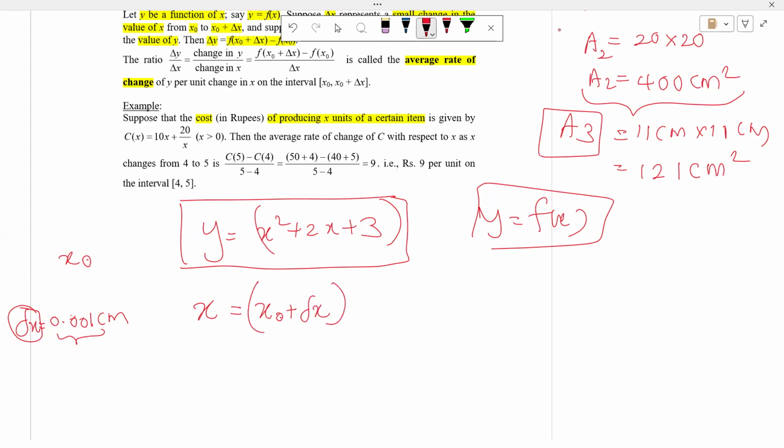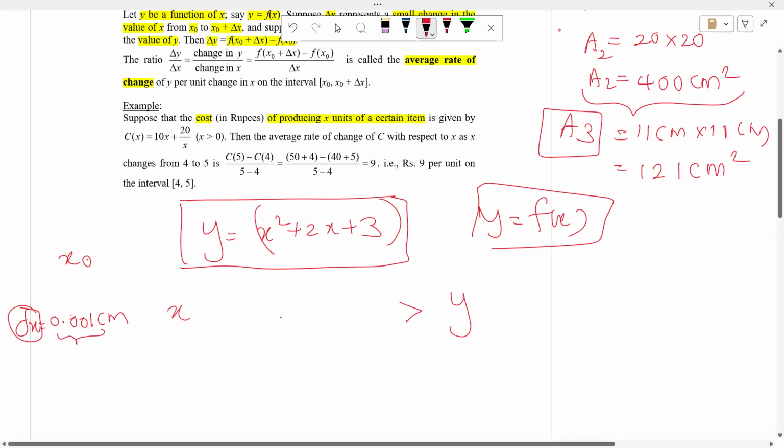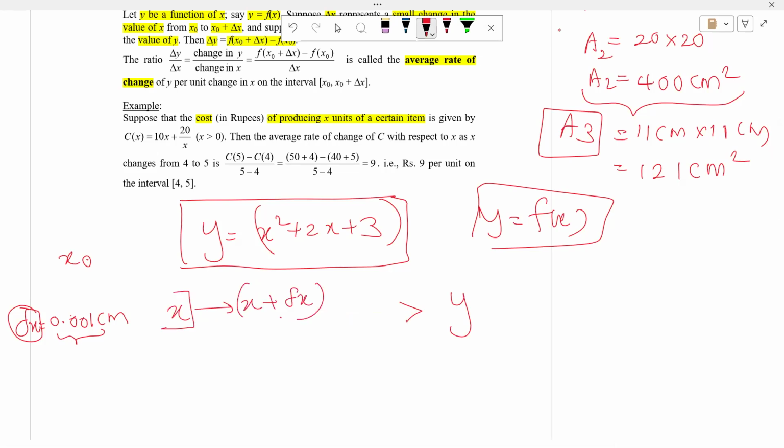Because of this x value, definitely your y value also will change, right? So now what will happen, if you increase the value x by delta x? This is your beginning level x. At that time, you have the y value. Let's say if you think about the previous example, a is equal to x square, right? This is a base value, x and x. Now if you do a small increment for your x,